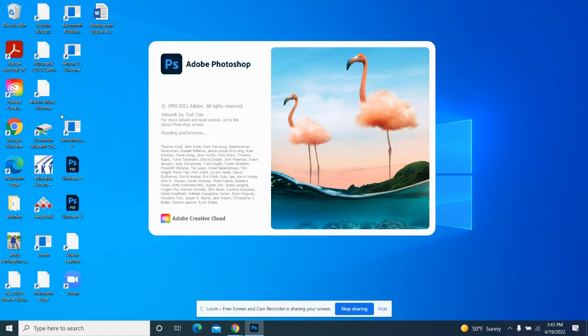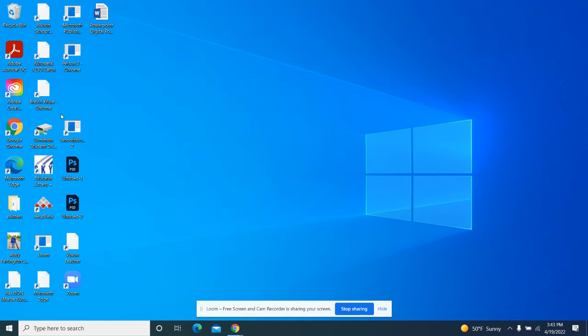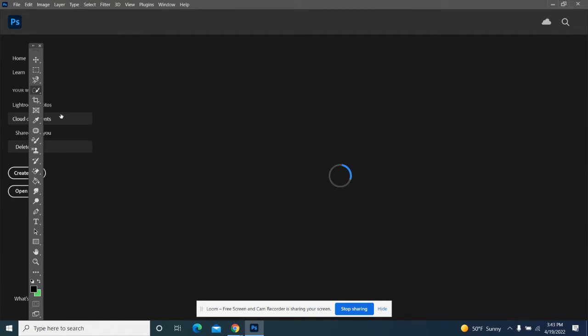Photoshop will open up. The first time you try to log in, we have to log in using your Google account. So that's the first step that you need to do. Now, since I've already logged on, it's going to open up for me. So if you need help with that part, I'll be happy to help you. And then once you get Photoshop open,